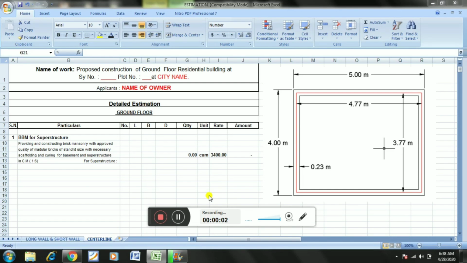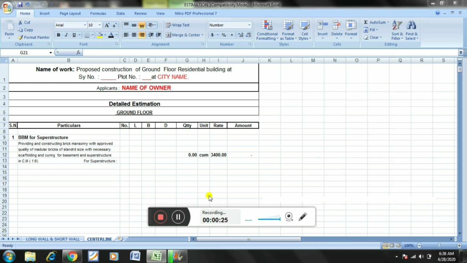I think you people have gone through the previous video, that is estimation or quantity estimation of a building or a room using the long wall short wall method. Whereas here we'll be discussing quantity workout or estimation, where we need to find out the quantities of whatever